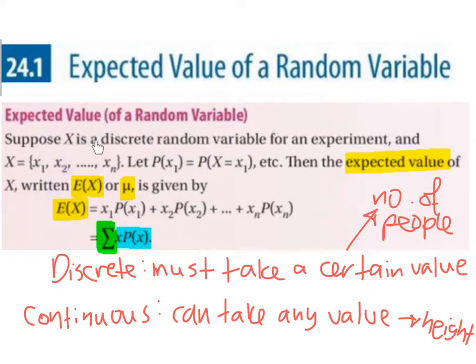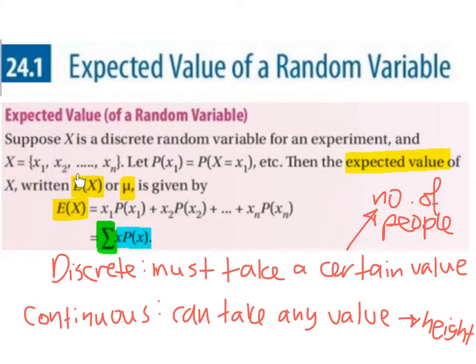Suppose x is a discrete random variable for an experiment, and x is equal to x1, x2, x3, and so on, up as far as xn. Let the probability of x1 be the probability that x is equal to x1, etc. So the probability of x2 would be the probability that x is equal to x2, and so on. Then the expected value of x,